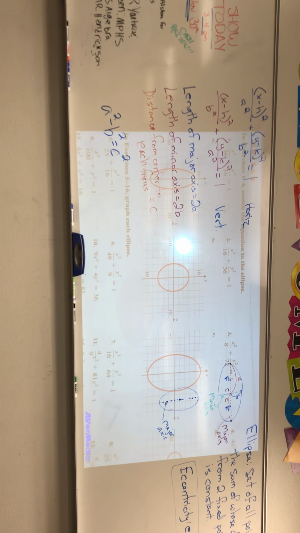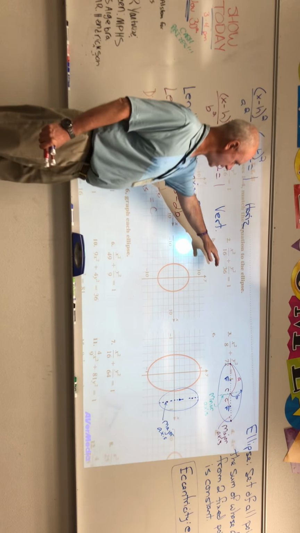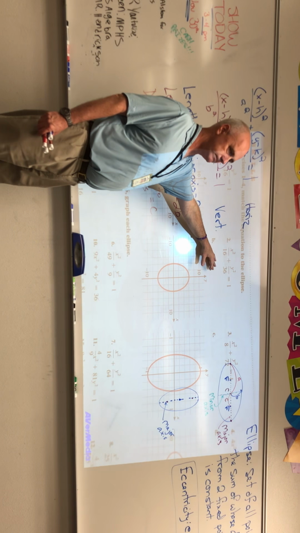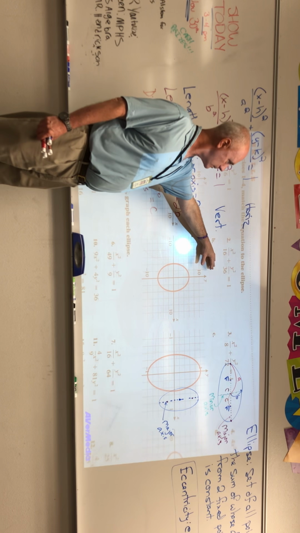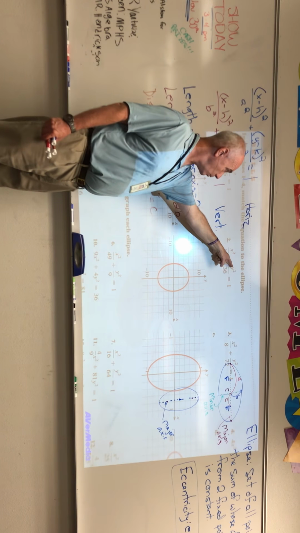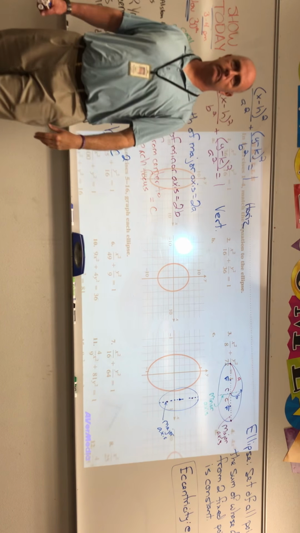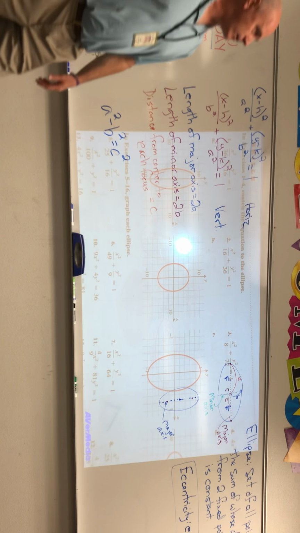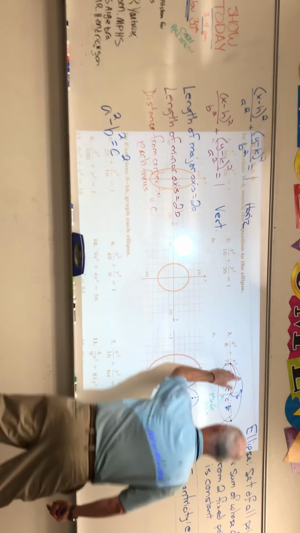Oh, wait, no, I was looking at B. I've heard some people say that this is vertical. Why? Y is the bigger denominator. Simple as that. Okay. Y is the bigger denominator, so it's vertical. Center is 0, 0. It goes vertical. Now, the last couple of things we put up here with the A, the B, and the